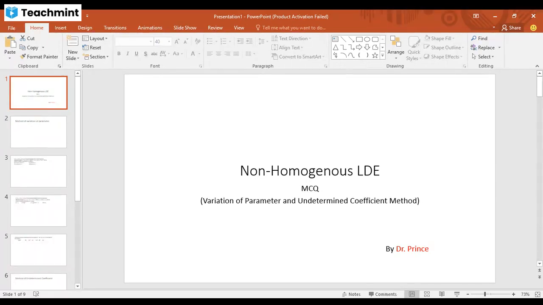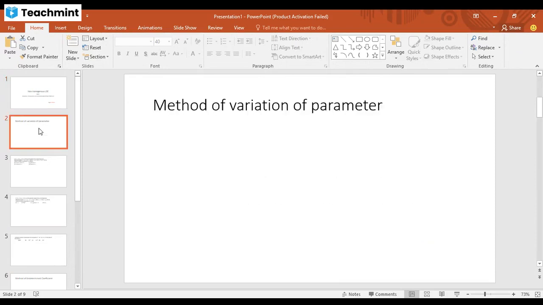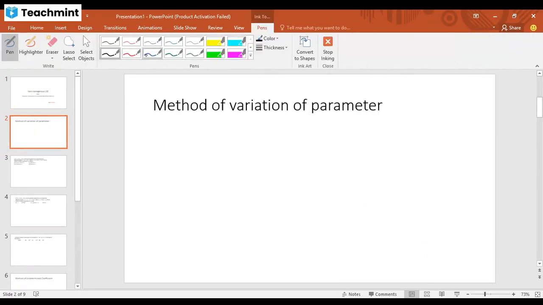We are going to discuss the problem based on two topics, method of variation of parameter and method of undetermined coefficient. So before we start with the problem based on this method, we will discuss what the method of variation of parameter is. So firstly, in case of non-homogeneous linear differential equation,